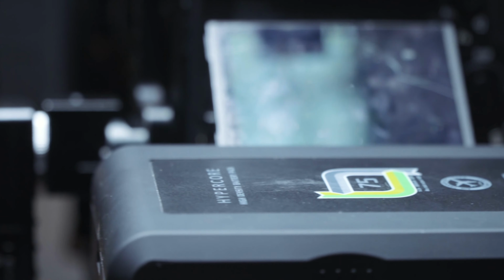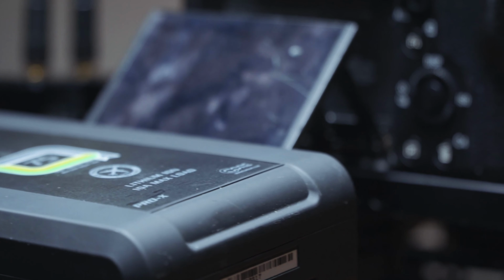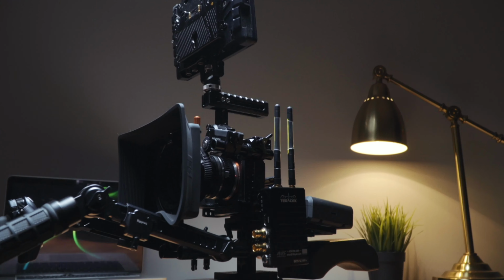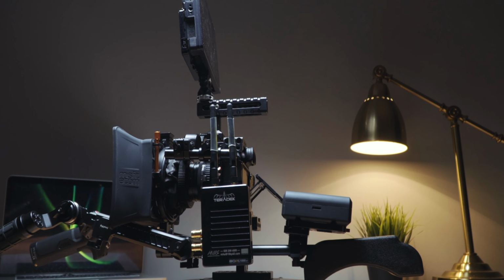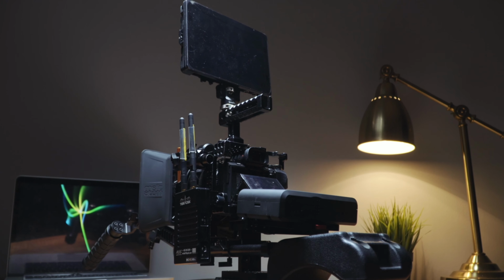On the back I have a V-mount HyperCore 75 battery to power all of the things you see I have here right now. Fully charged, this will get me through an entire day. And underneath that I have a shoulder pad which just slides onto the back of my 15mm rods. I do not like the more robust shoulder pads that have too many things built into them, like rod attachments